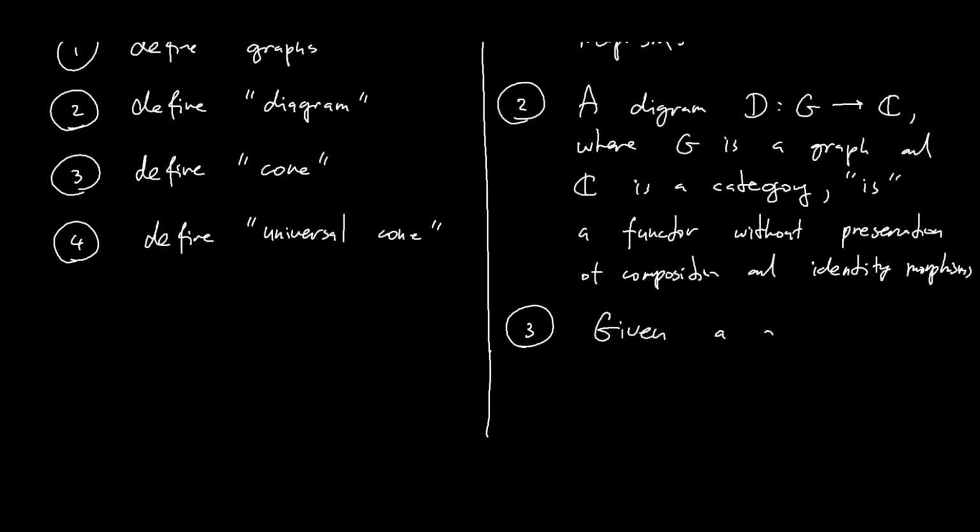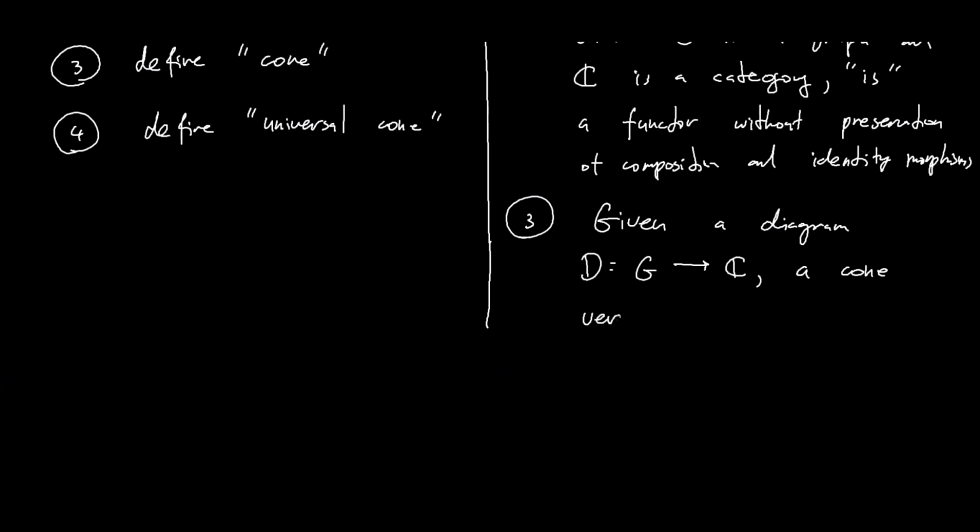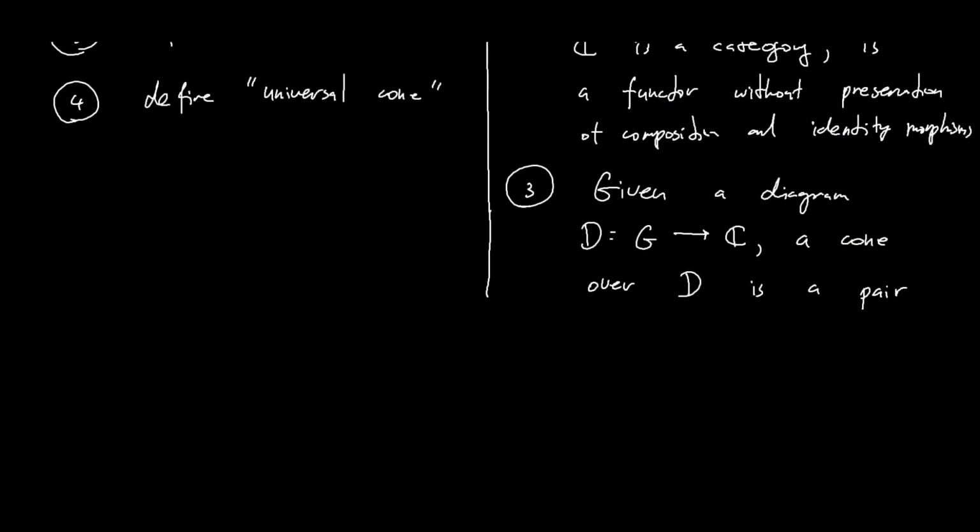So given a diagram D from G to C, a cone over D is a pair